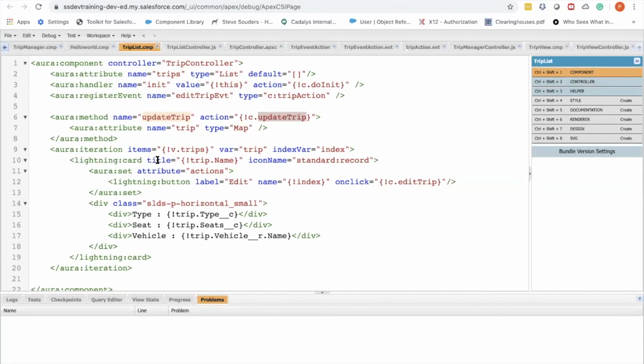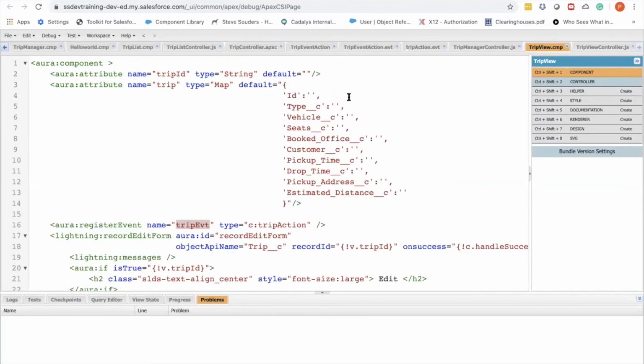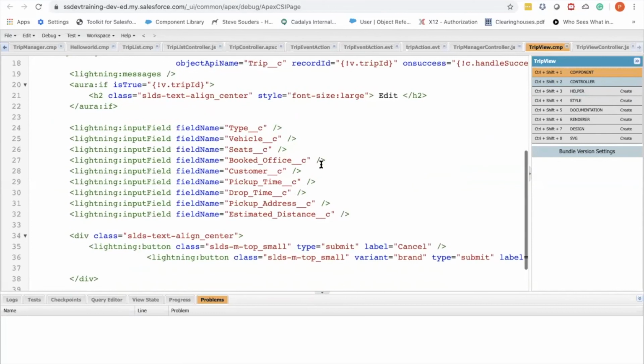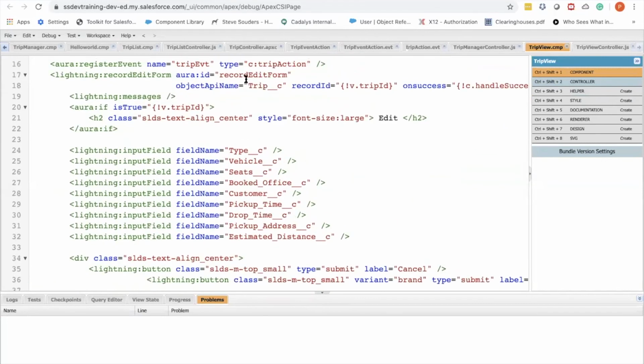So this is how powerful the Lightning component is. And you saw, using Apex, we are able to get the result from the server, and even without writing a single line of code on the Apex controller, we are able to update a record.